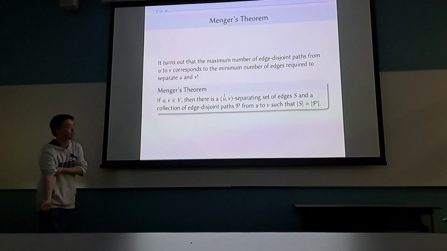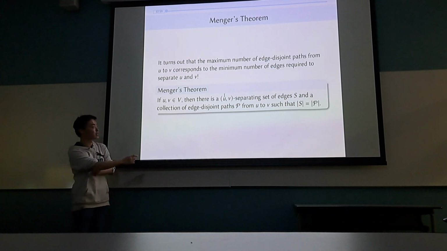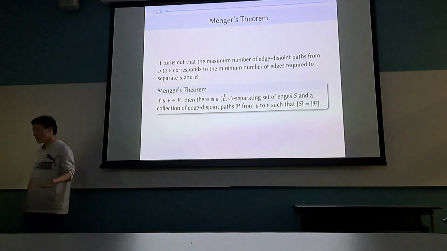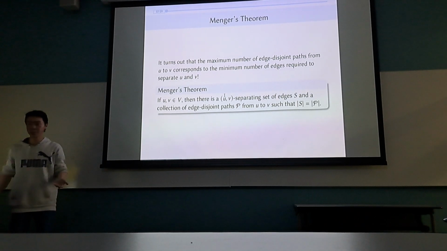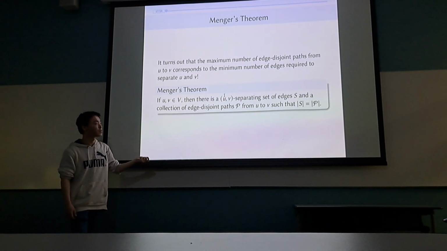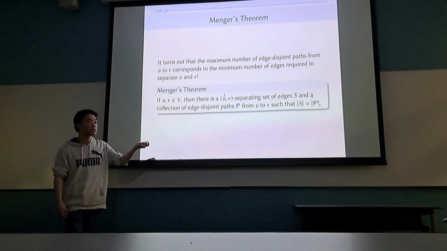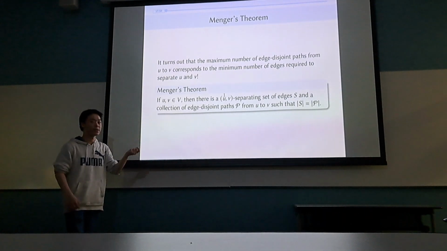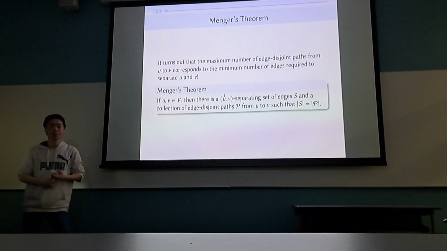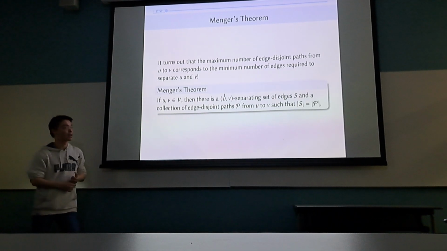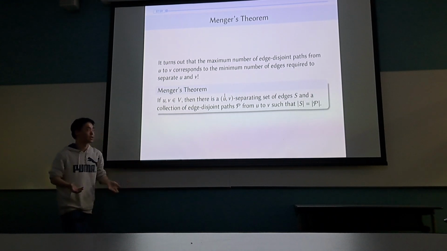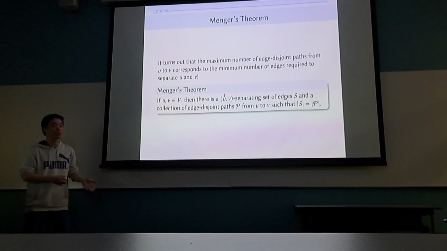And this is exactly what Menger's theorem tells me. So if I have two vertices, U and V, then there is a UV separating set of edges, let's call it S, and a collection of edge disjoint paths such that the number of edge disjoint paths from U to V corresponds to the number of edges that I have to remove such that U and V are completely separated. And you can see that this is pretty much just maximum flow min cut, right? You cut along the edges, and that will tell you the number of paths possible from U